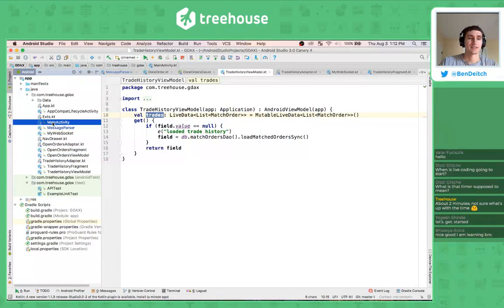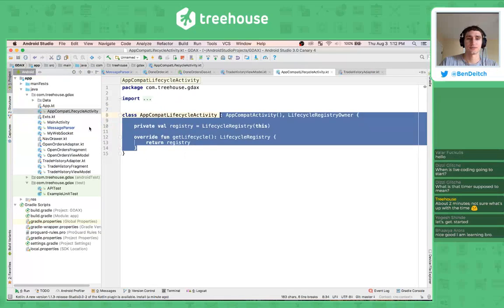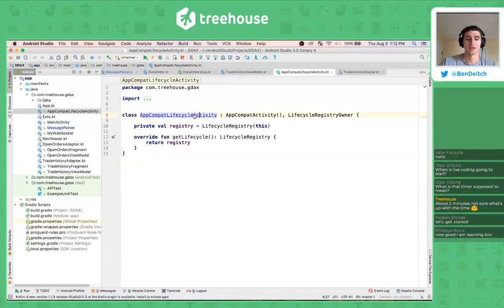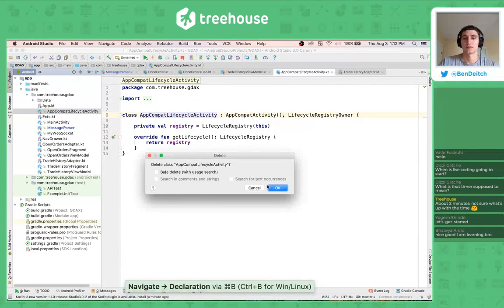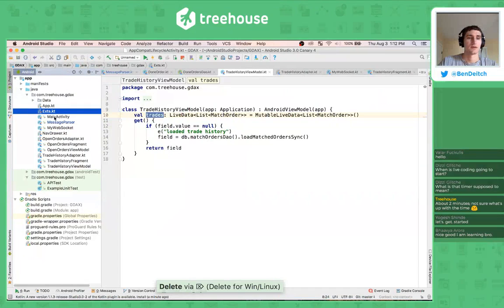And then we've got main activity, of course, and I think this one's not used. Let's see. So we can put this here, Command B, and it says no usage is found, so we can delete this. And then in main activity,